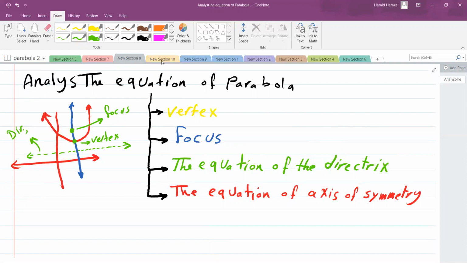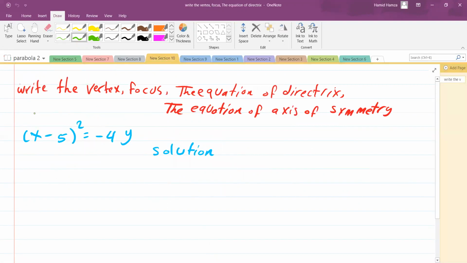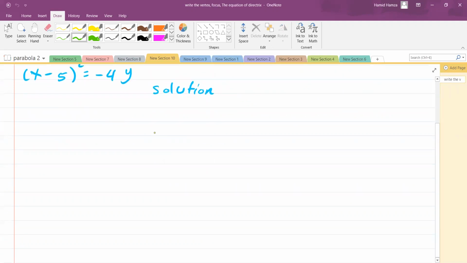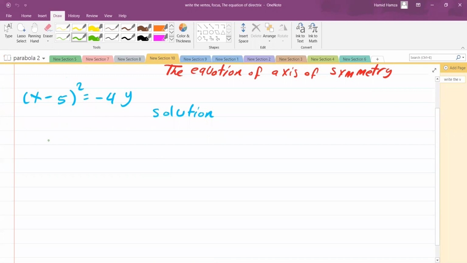So here is the first example. Write the vertex, focus, equation of directrix, and the equation of axis of symmetry. So the first thing here, you must start by writing the vertex. The vertex first,